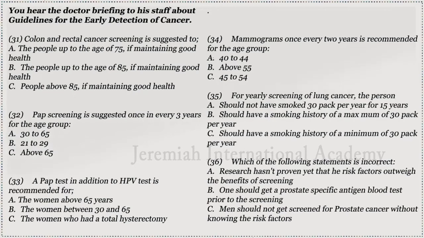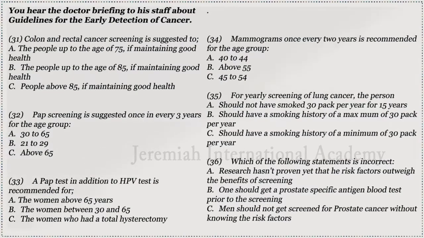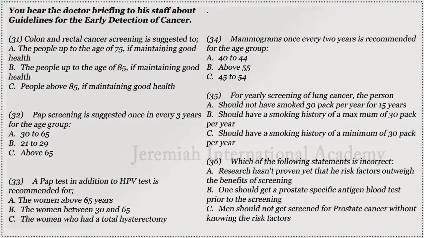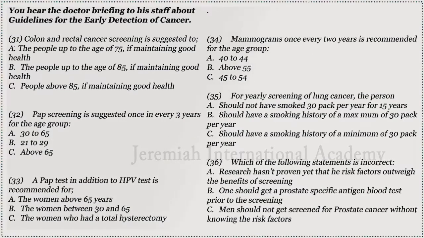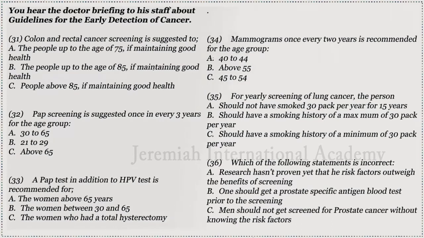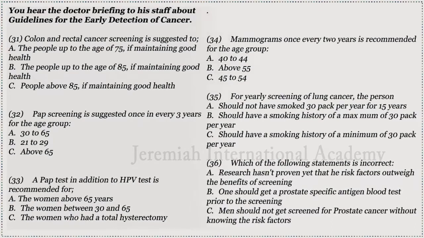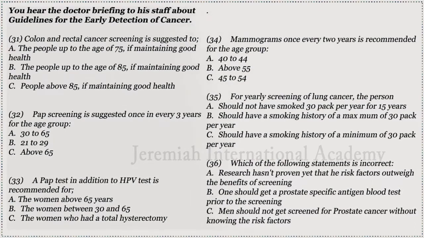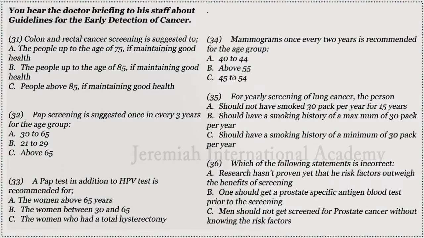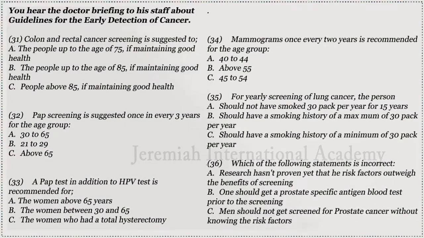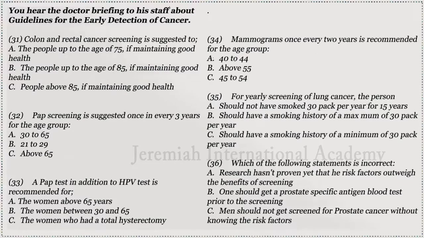Breast cancer. Women from 40 to 44 should have the choice to start annual breast cancer screening with mammograms. Women from 45 to 54 should get yearly mammograms. Women above 55 may get mammograms once in every 2 years. Screening should continue as long as a woman is in good health and is expected to live more than 10